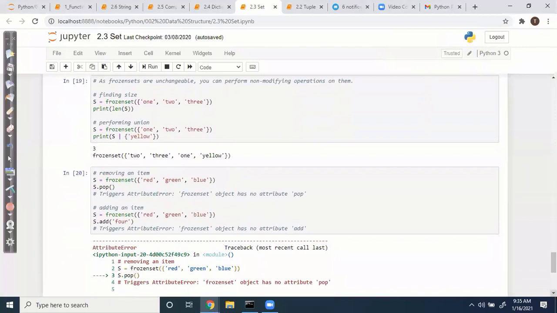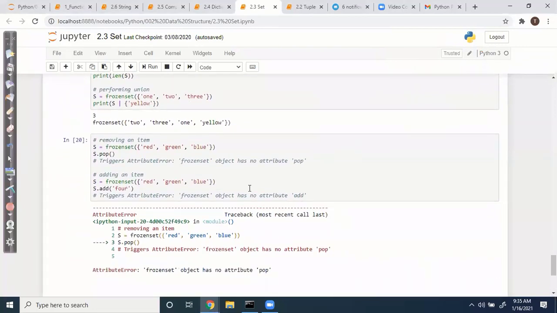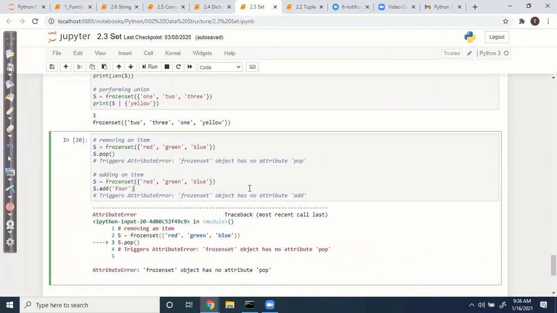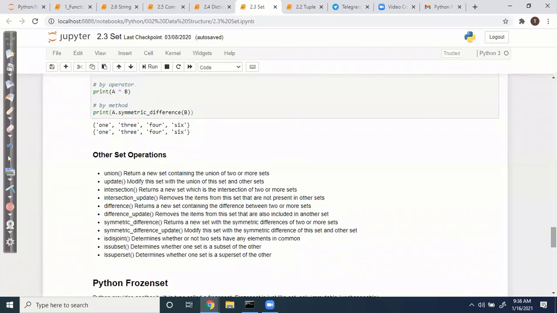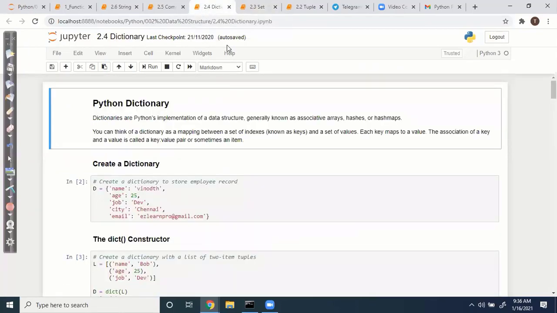Everything is the same, but you cannot add or remove items. It shows an error. That is immutable. You can't make any changes, you can't add, you can't remove. Otherwise, everything, min, max, sorted, you can do. The basic functions we have seen in tuple and list, all those things you can do here also. So we have seen list, tuple, set, and frozen set.